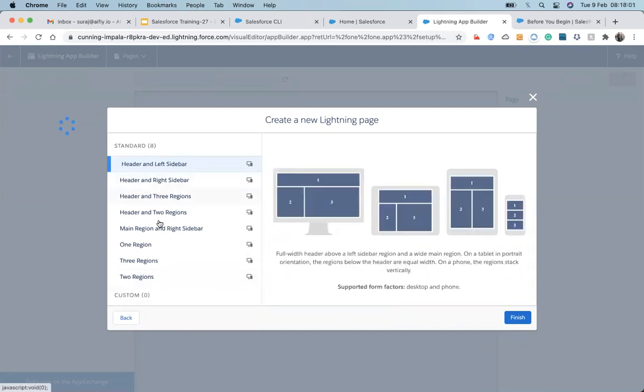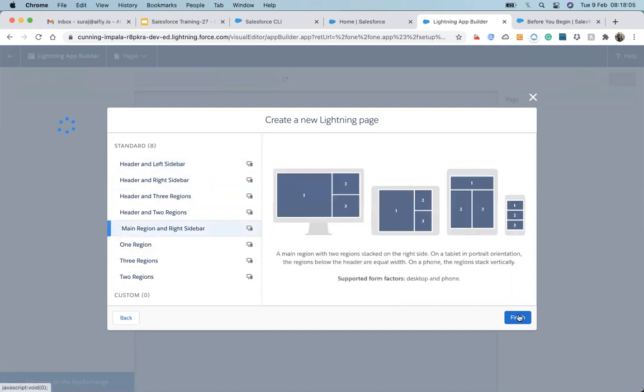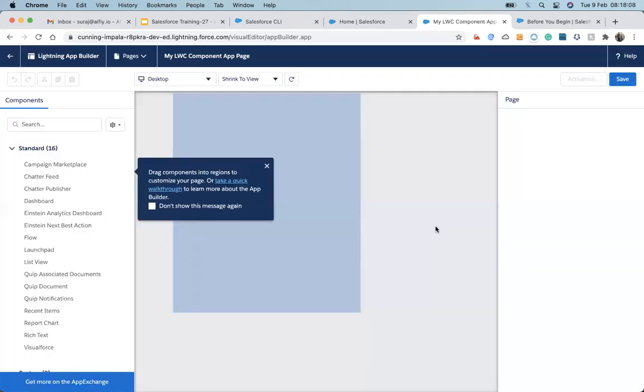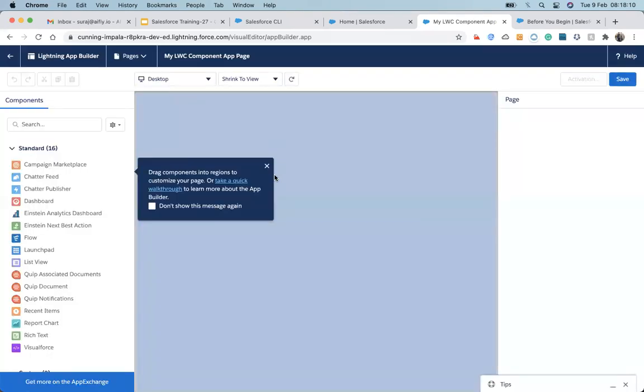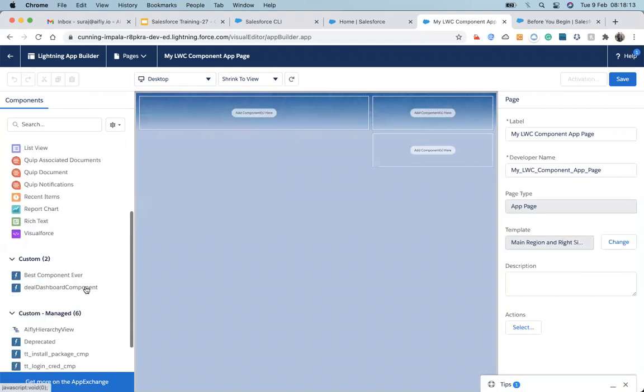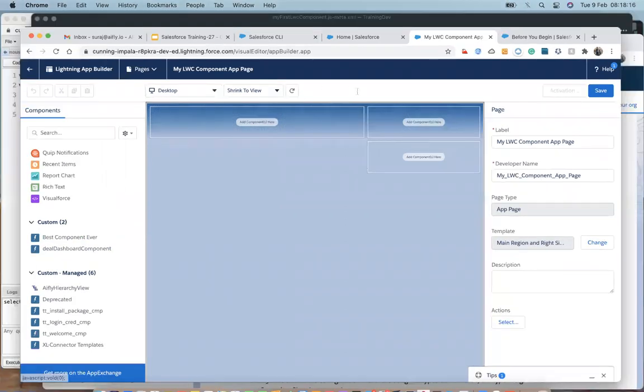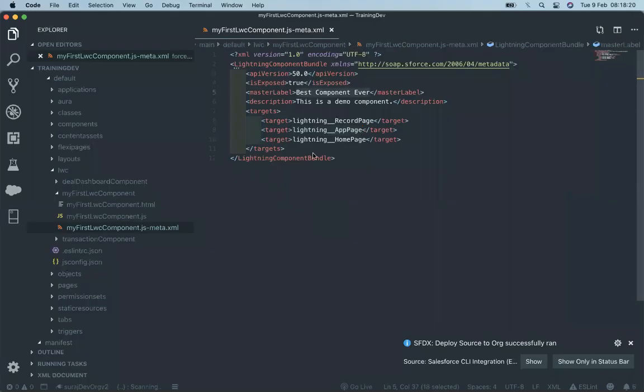Let's make it one region and one sidebar. Now, you can see that this is the same name that you have added up here.